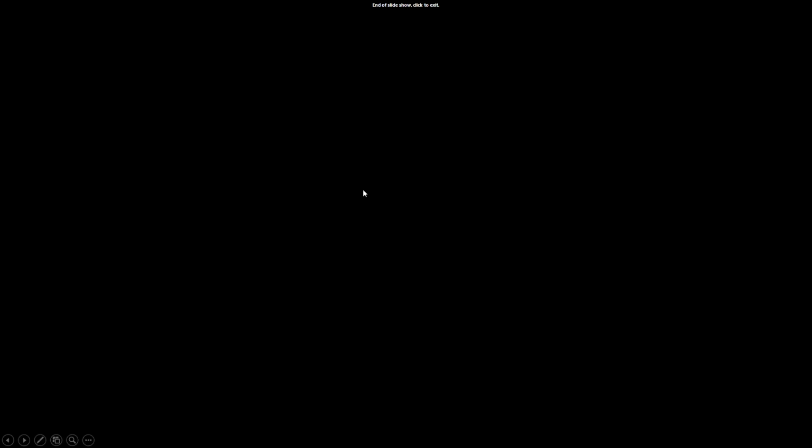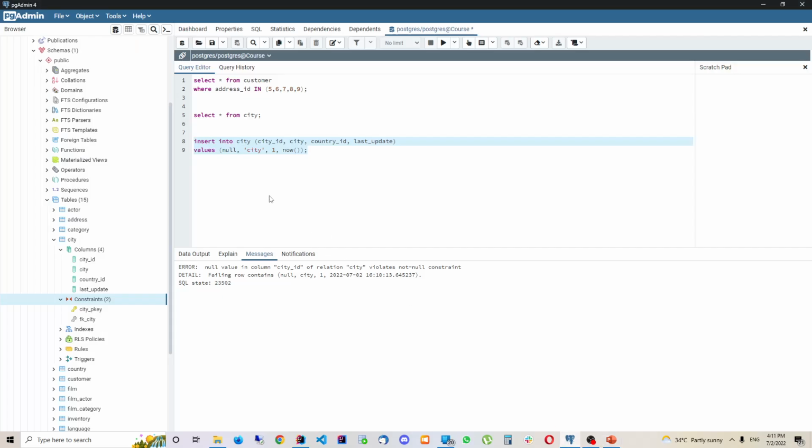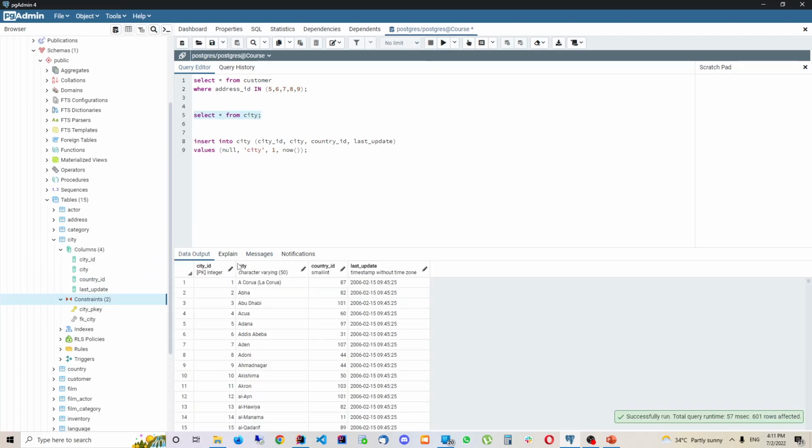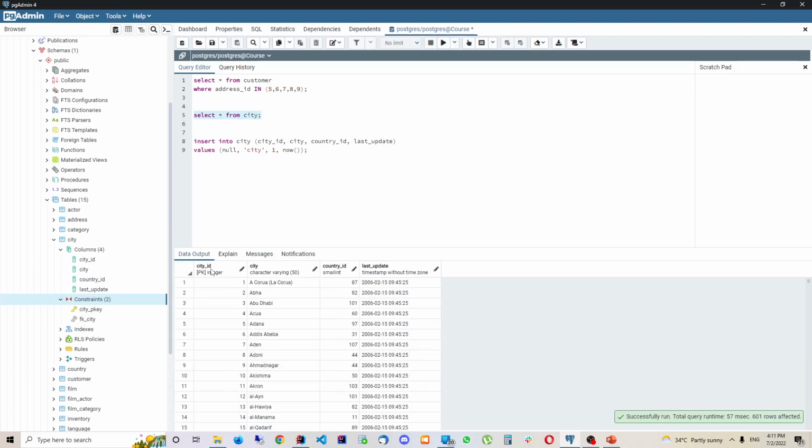And what is a foreign key? Let's look at an example. Here we have this city table. Let me query this city again. And you see here that we have city ID, city, and this country ID column. Now it doesn't say here FK for foreign key, but it's a foreign key based on the fact that we have here this constraint, foreign key city,